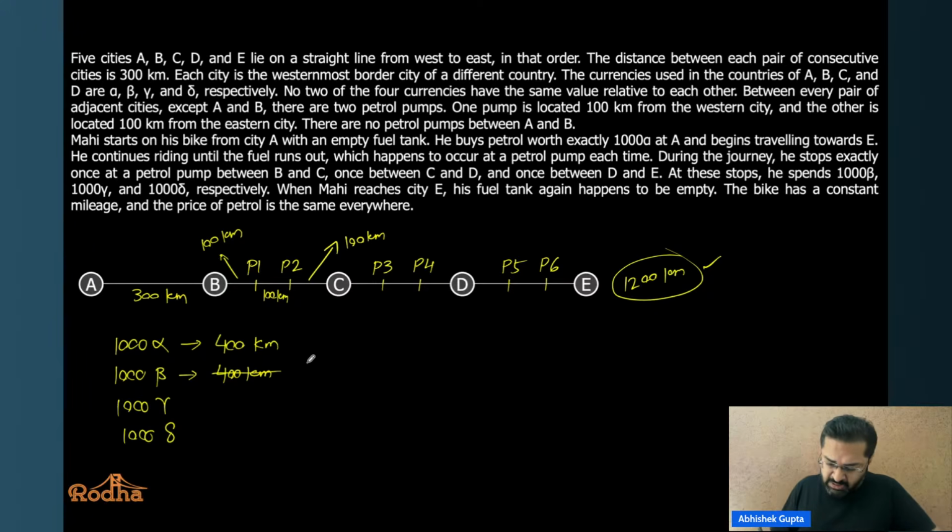तो ये क्या हो सकता है? इसको 300 मान लेते हैं एक बार के लिए. This looks like the only possibility. If this is 300, then what must have happened? He must have stopped at P1 first, 400 kilometers, right? And after that, he must have gone to P3 यहाँ पर. अब ये 300 यहाँ तक ठीक है.